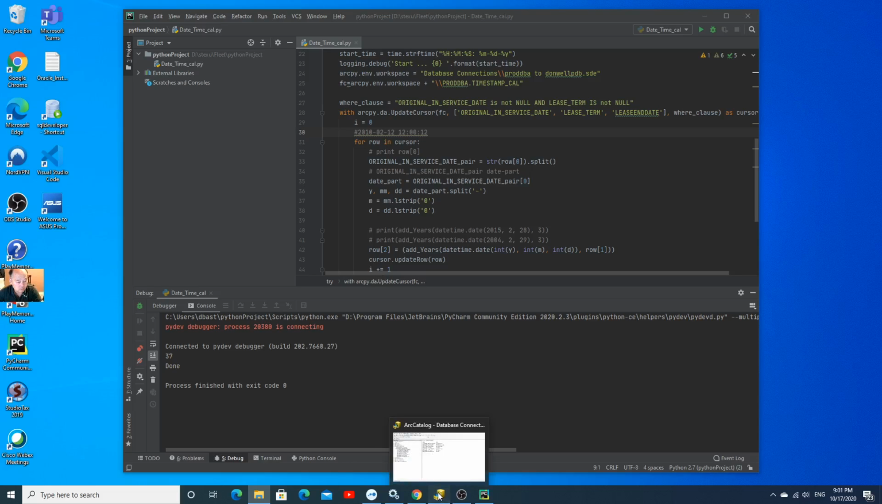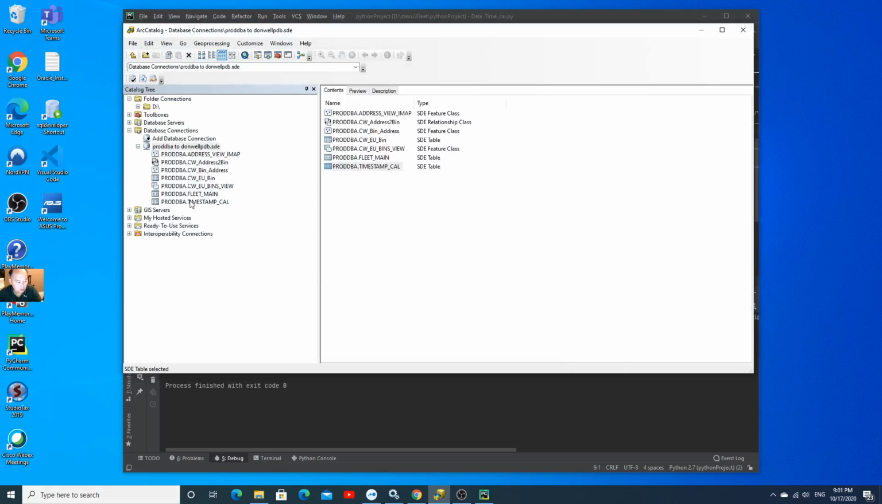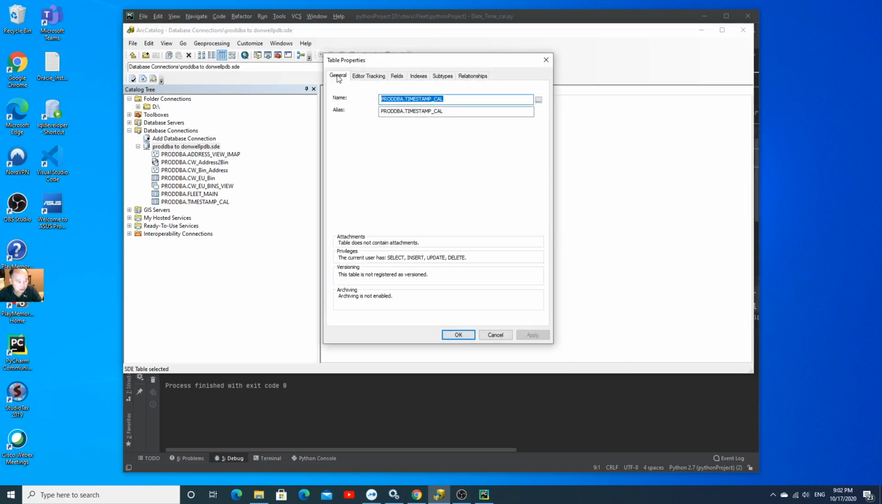I'm using an Oracle 12c ArcGIS 10.6.1 geodatabase. The table I'm using is timestamp_CL. This is an ESRI object table. ESRI object tables have edit tracking, subtype and relationship. For an Oracle table, they only have a field index. So